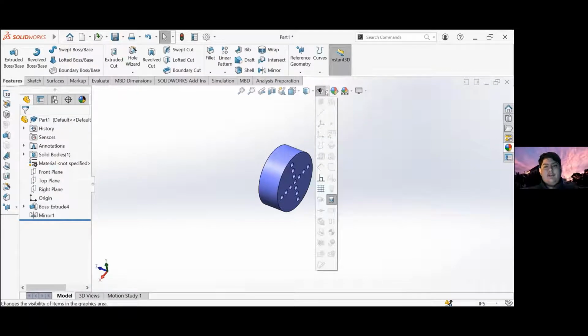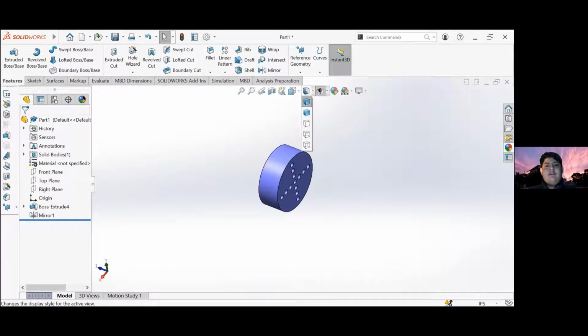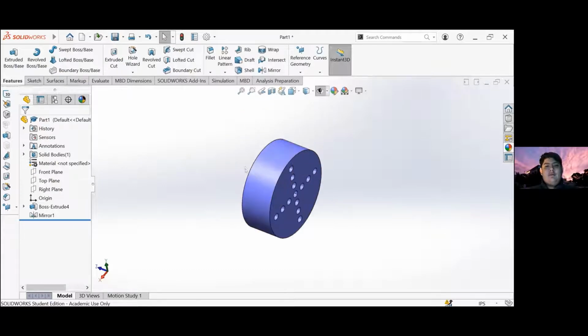This eyeball thingy, I do not use this too much. I think, yeah, I actually have not used this before, but I'm pretty sure that was supposed to give us a grid. Gonna get away from there. This box right here. So you can see right now, we're able to see our model pretty clearly with lines